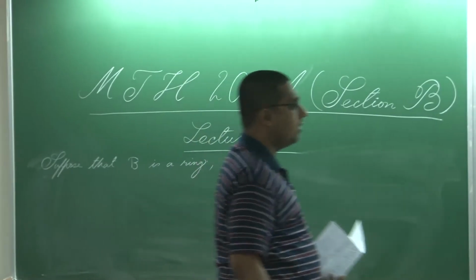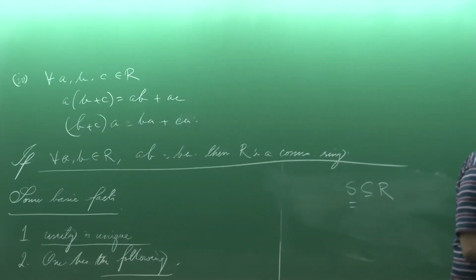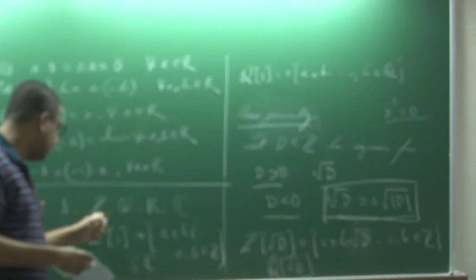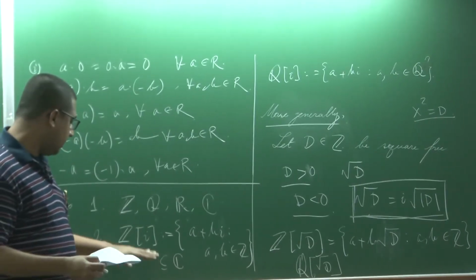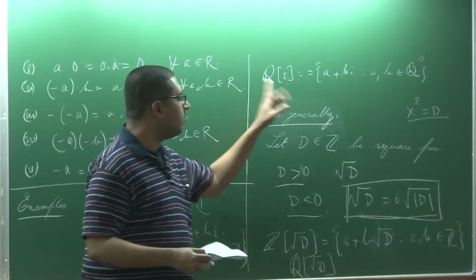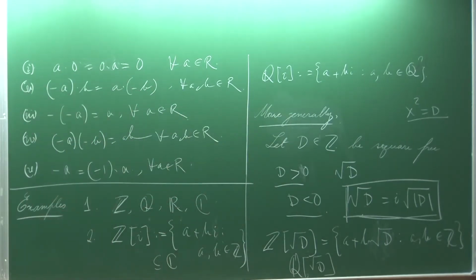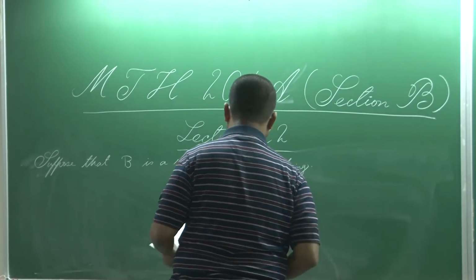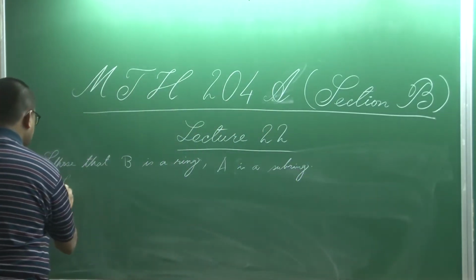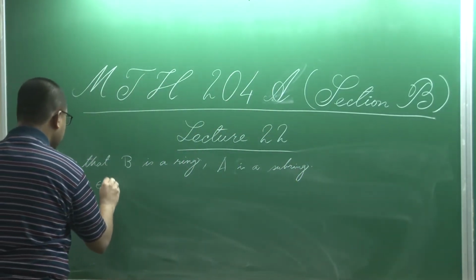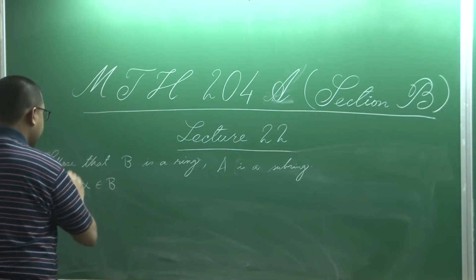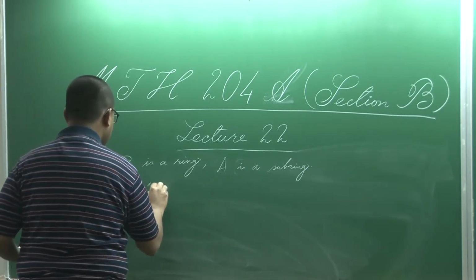For example, Z is a subring of Q, Q is a subring of R, R is a subring of C, Z is a subring of Z[i], Q is a subring of Q[i], Z[i] is also a subring of Q[i]. A lot of examples we can even see now. A is a subring. Suppose alpha belongs to B, such that